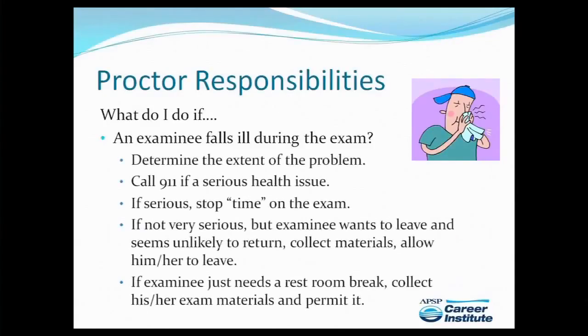If someone were to collapse or become obviously very ill, you should not hesitate to call 911 or send another student out to get help. Instruct the other students to turn their papers over and remain silent, lending assistance as requested. Obviously, this could be a dire situation, so your first priority must be the ill examinee. If you are able to note the time you stopped the exam, ask someone to record it so you can